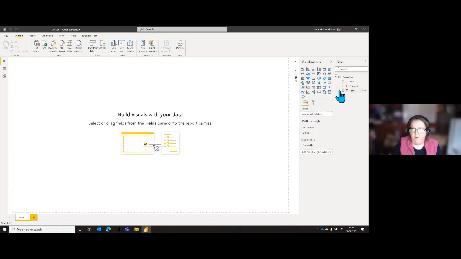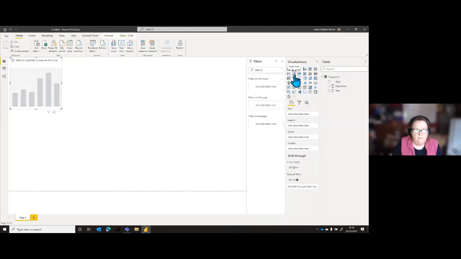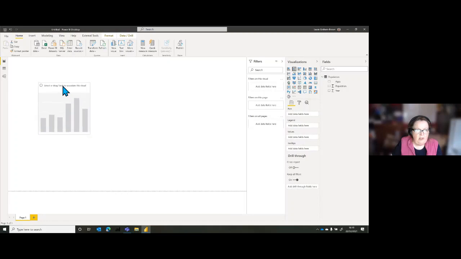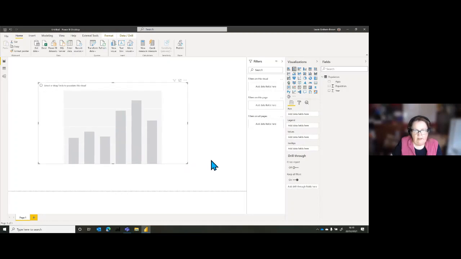So I've got my columns here. They get listed alphabetically underneath the table. I'm going to go for a stacked column chart. I clicked on stacked column chart in visualizations, and then I'm going to drag the chart onto the page. Now in this stacked chart, with that selected, in the visualizations pane, you get a whole set of things that you can put in there.